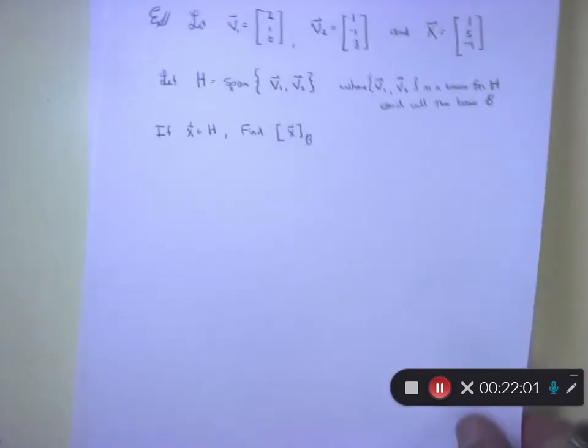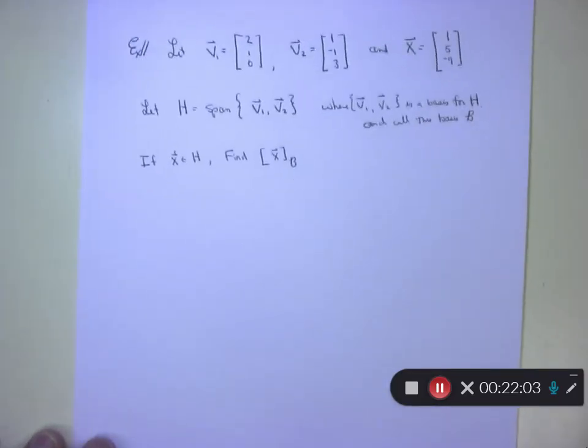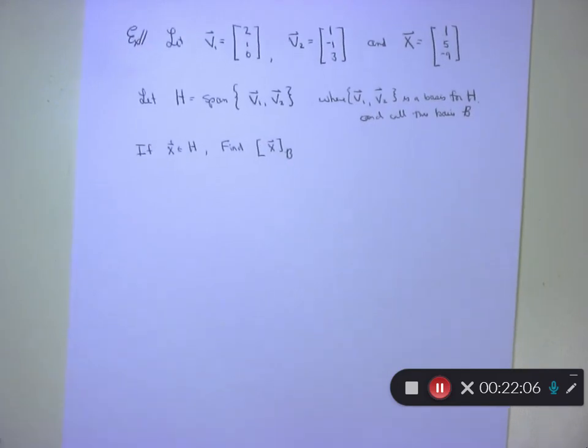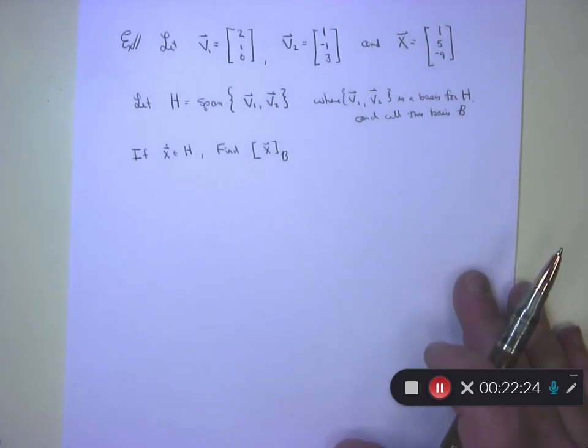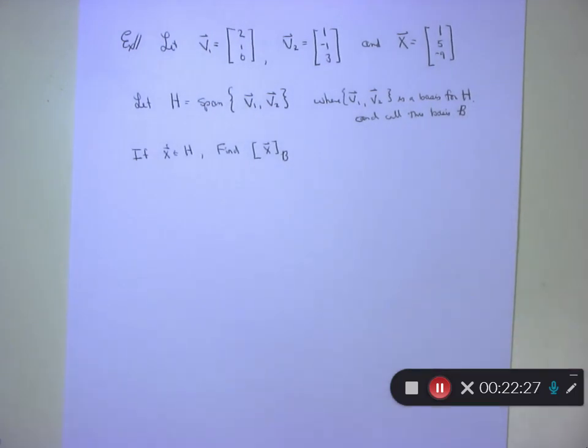So just to practice with these coordinate vectors, solve for this. A little small problem here, but just a good review problem. Let V1 be equal to (2, 1, 0). Let V2 be equal to (1, -1, 3). And let X be equal to the vector (1, 5, -9). I want to let H be equal to the span of V1 and V2, where V1 and V2 is